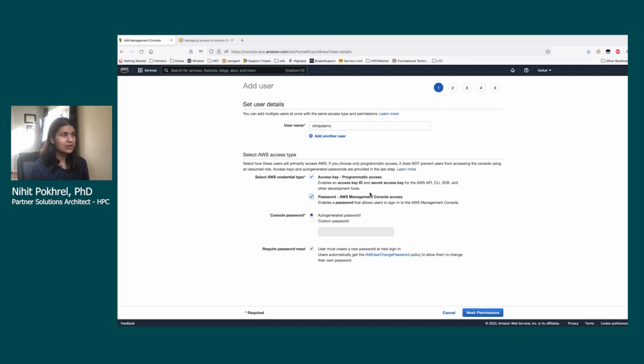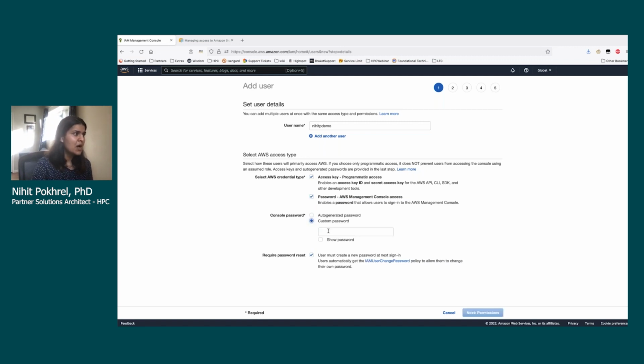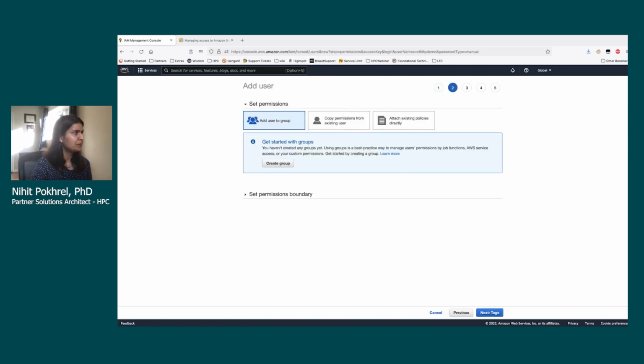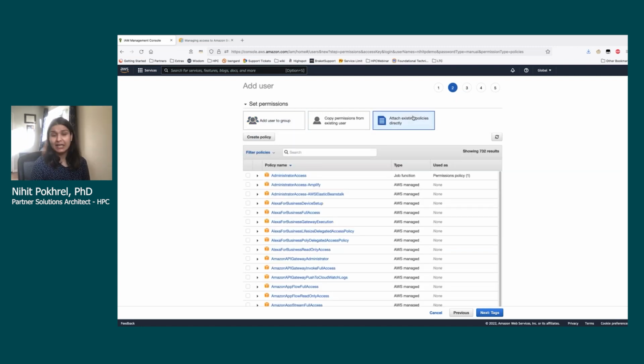In general, it is a good practice to auto-generate a password and require that your IAM user changes the password. But for the purposes of this video, I'm going to set a custom password as well as uncheck the required password reset button. Now we'll go ahead and select next. And then we'll attach what is called a policy to this IAM user.